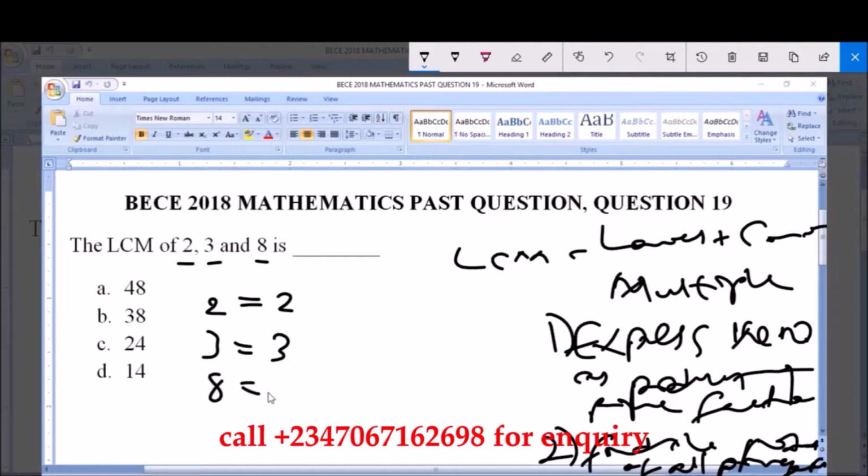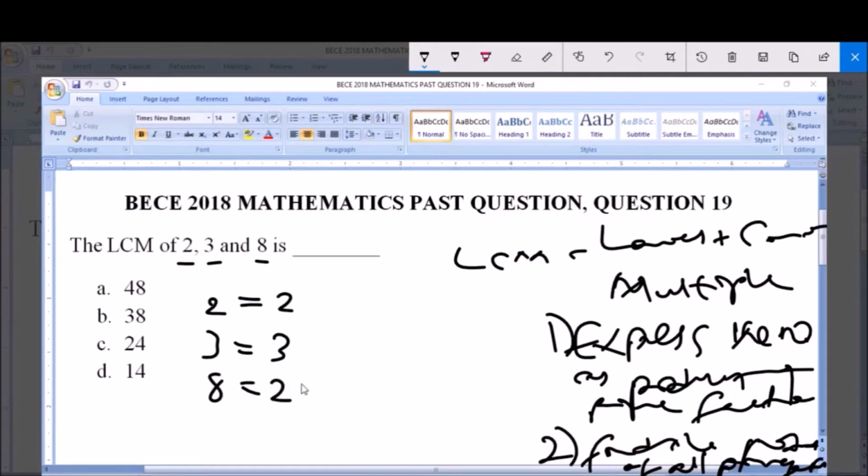And the next number is 8. Now we start with the lowest prime number as usual, which is 2. 2 into 8 will give us 4, so we put down 2. Now we are left with 4. 2 into 4, it can still go, and gives us 2. We write down the 2 again. Now 2 into 2 will give us 1, so we put down the 2. Now let's